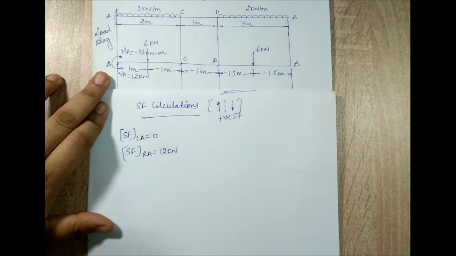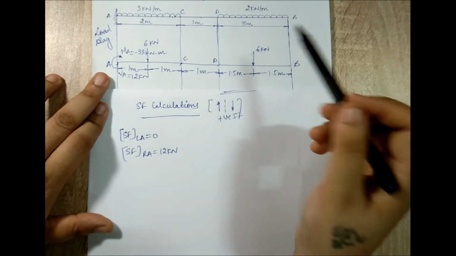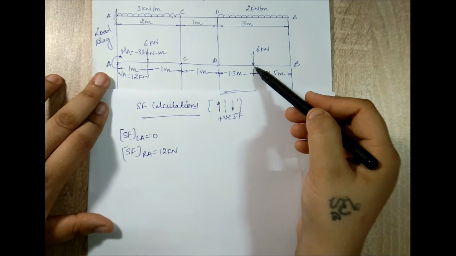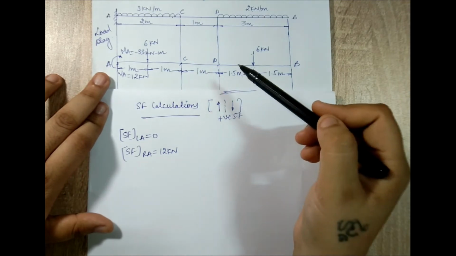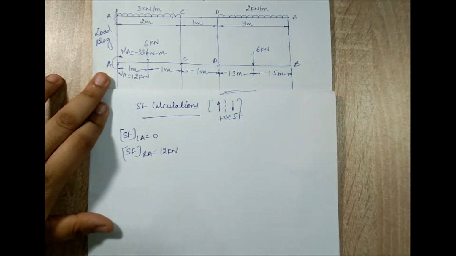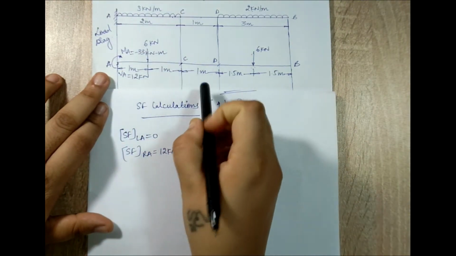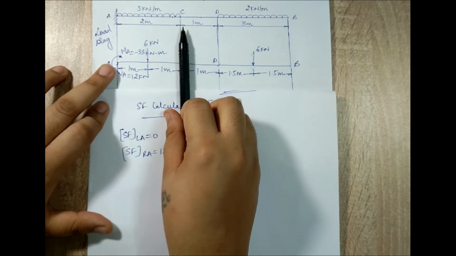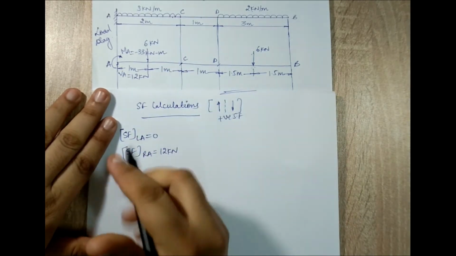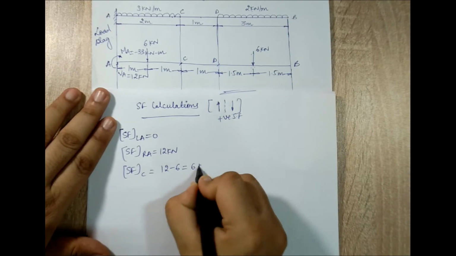Now this numerical is also important because you need to understand that we are only going to project the points which are given to me in the question. I am not going to project these points of 6 kilonewton, neither am I going to mark these points and calculate the shear force twice over here. So this is a rule for solving the UDL type of problem. So after right of A, I'll directly go to the point C. Since there is no shear force here, when I stand here, I will see VA going upwards and 6 kilonewton going downwards. So the shear force at C is 12 minus 6, which is 6 kilonewton.